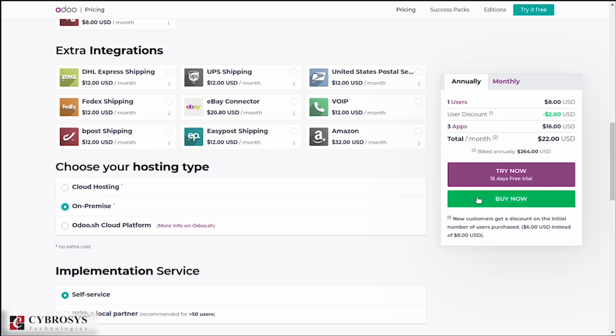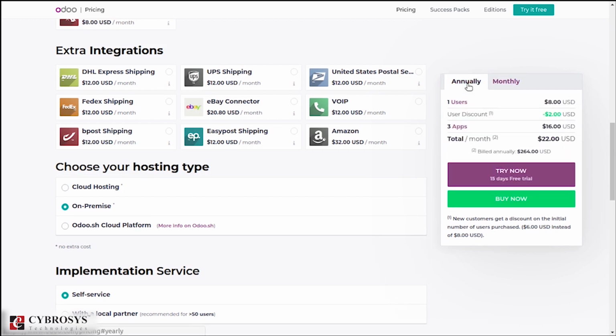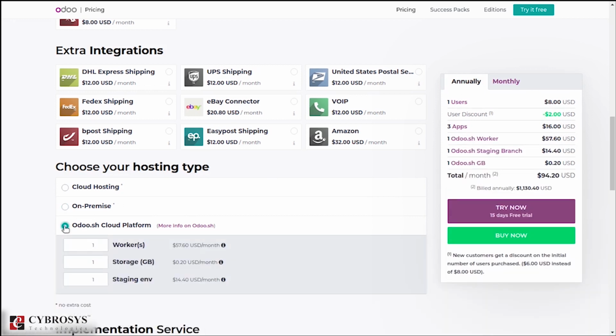Here you can see the annual computation done, but for on-premise we don't have the monthly plan. So here you can see for monthly plan we don't have this. The monthly plan is not available for the on-premise option, whereas we have this annual computation done for the on-premise option.